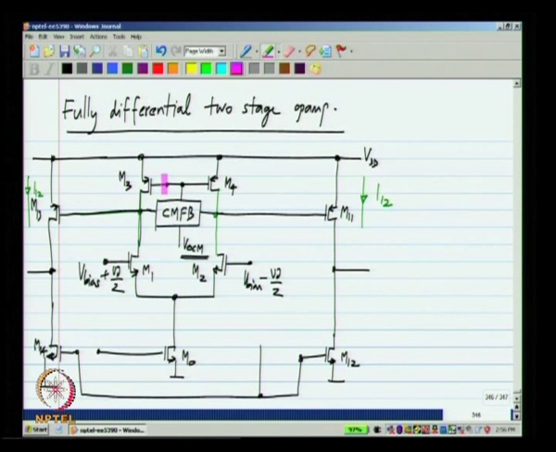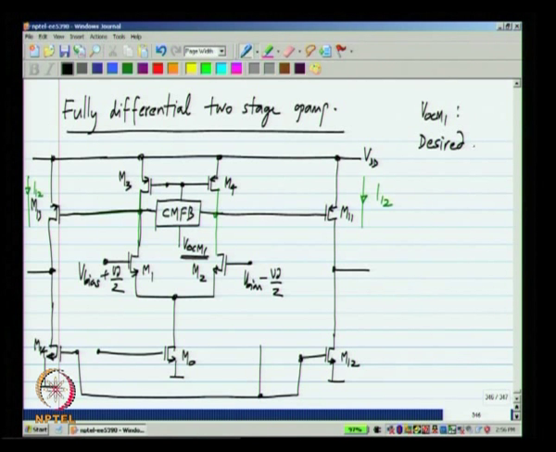Okay. Now, in this case the first stage is a fully differential single stage op amp, and its output produces a certain current in M11 and M13, and we should, using another common mode feedback circuit, make sure that M12 and M14 carry the same current. Okay. They are not fixed current sources at the bottom in this particular arrangement of the two stage op amp. So, VOCM for the first stage, let me call it VOCM 1. VOCM 1 must be such that